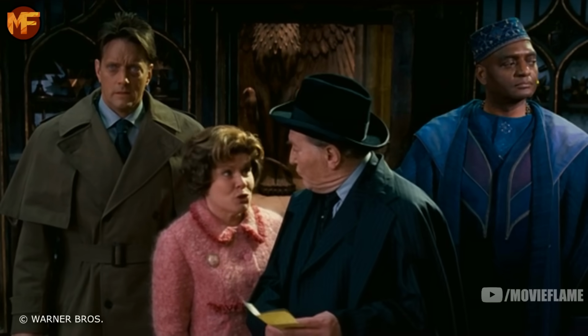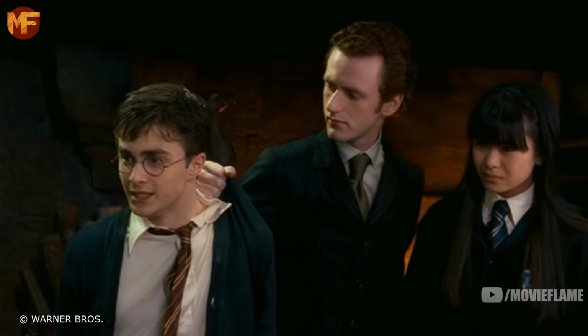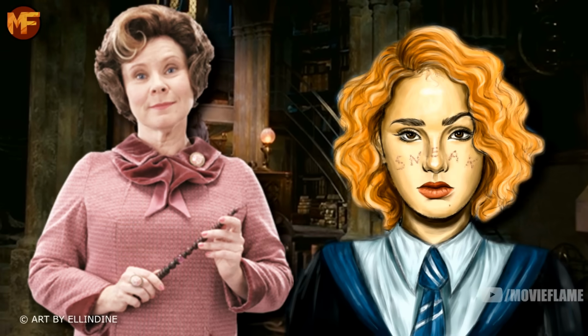The events that happen in Dumbledore's office are slightly different when we compare the book to the film. For one, as I said, instead of Cho being there, it was Marietta. Also, there was a moment where Umbridge lost her temper and started shaking Marietta until Dumbledore drew his wand to